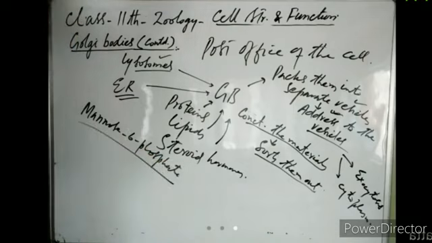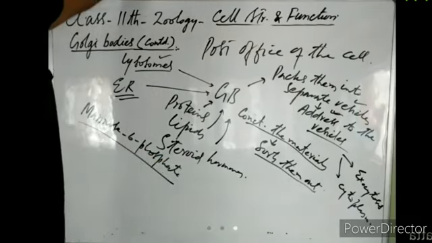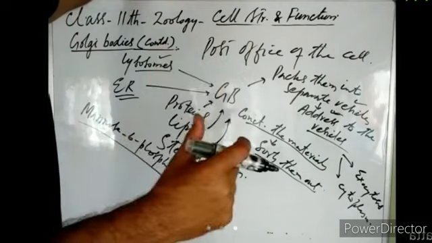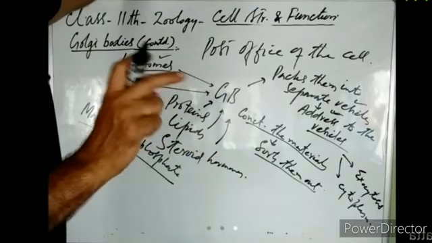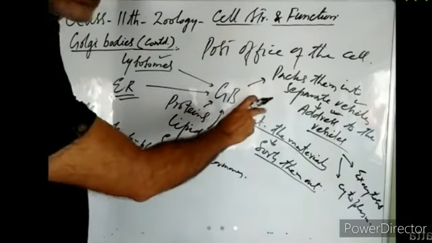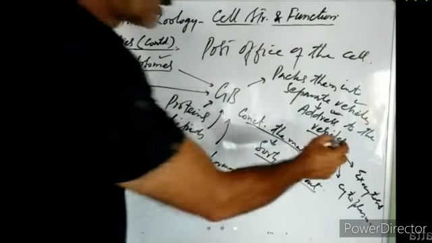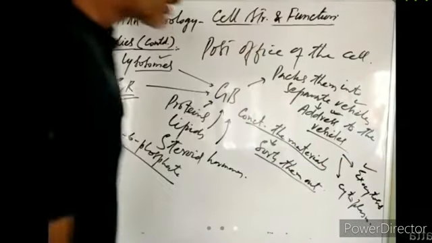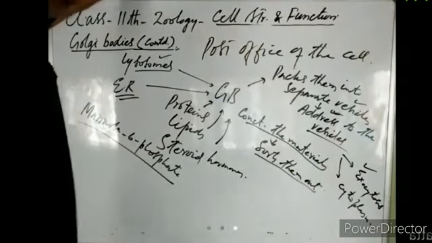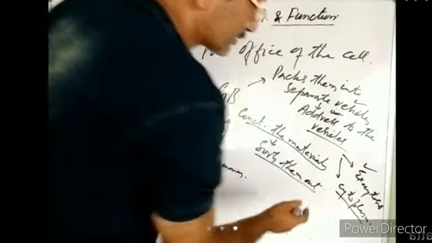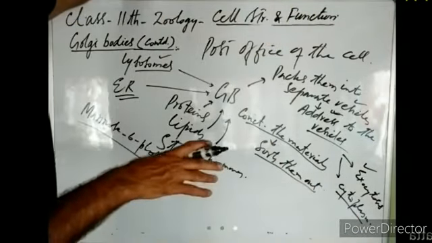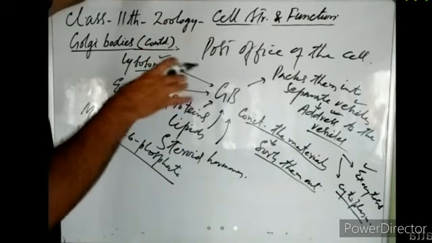It is a sugar. So Golgi body adds a sugar label to it. And according to this address, these vesicles, Golgi vesicles, may release the content out of the cell by exocytosis, or they may release the contents within the cytoplasm of the cell, right? So that is why we call Golgi body the post office of the cell.